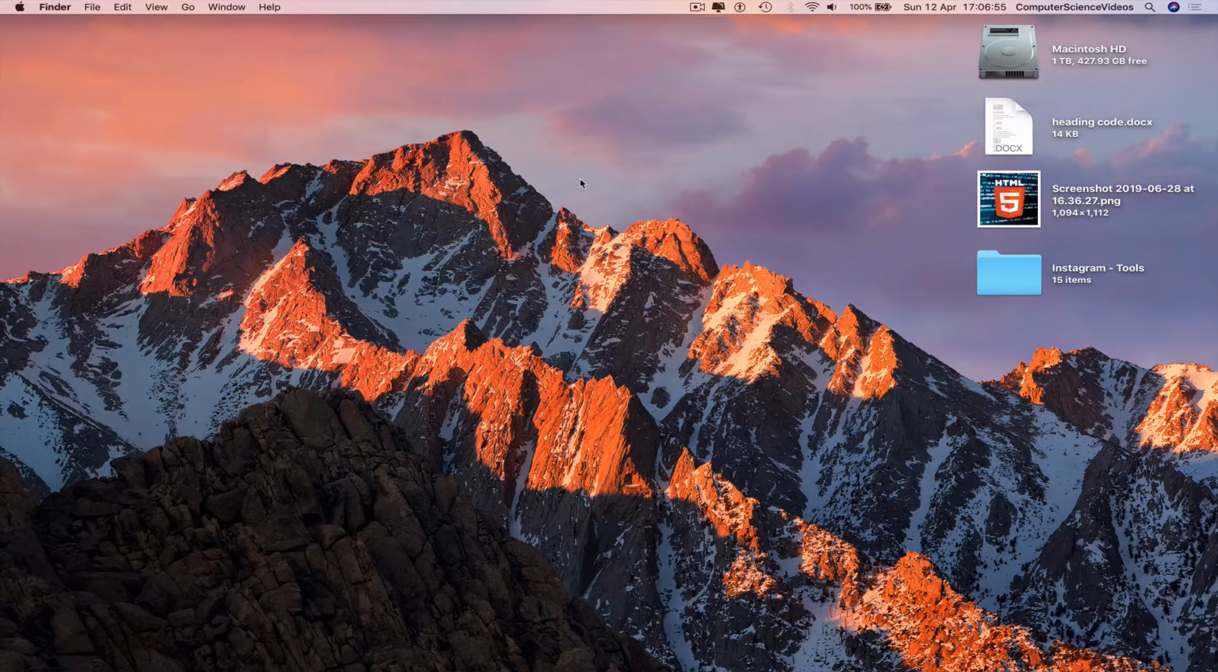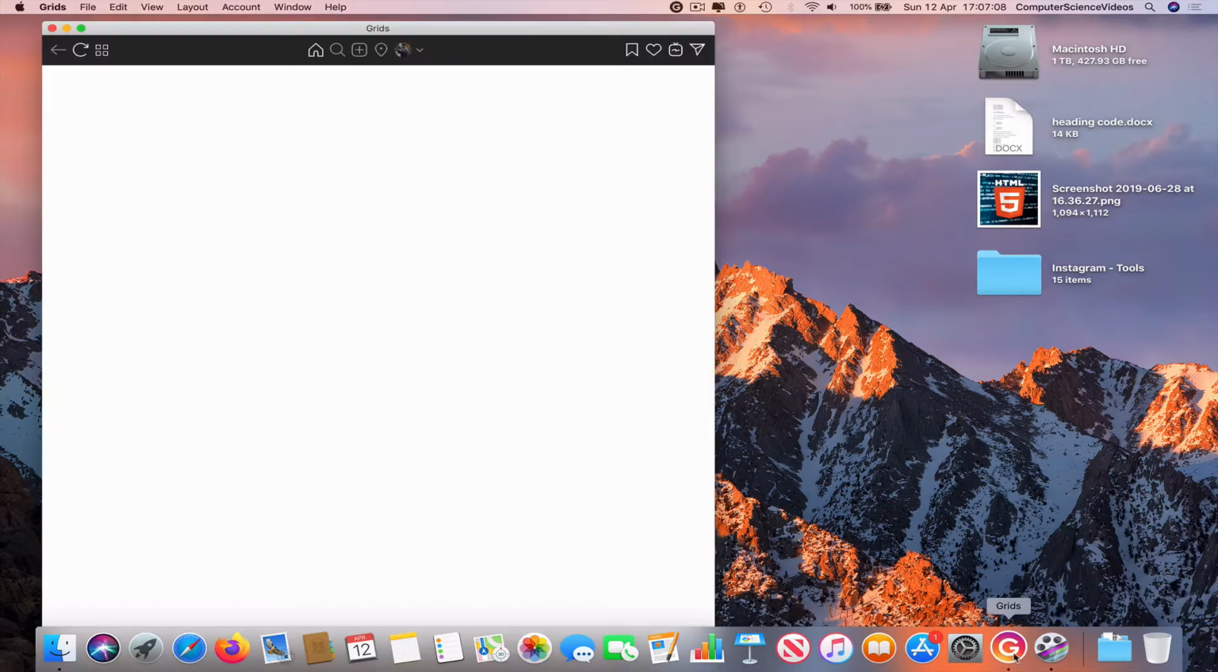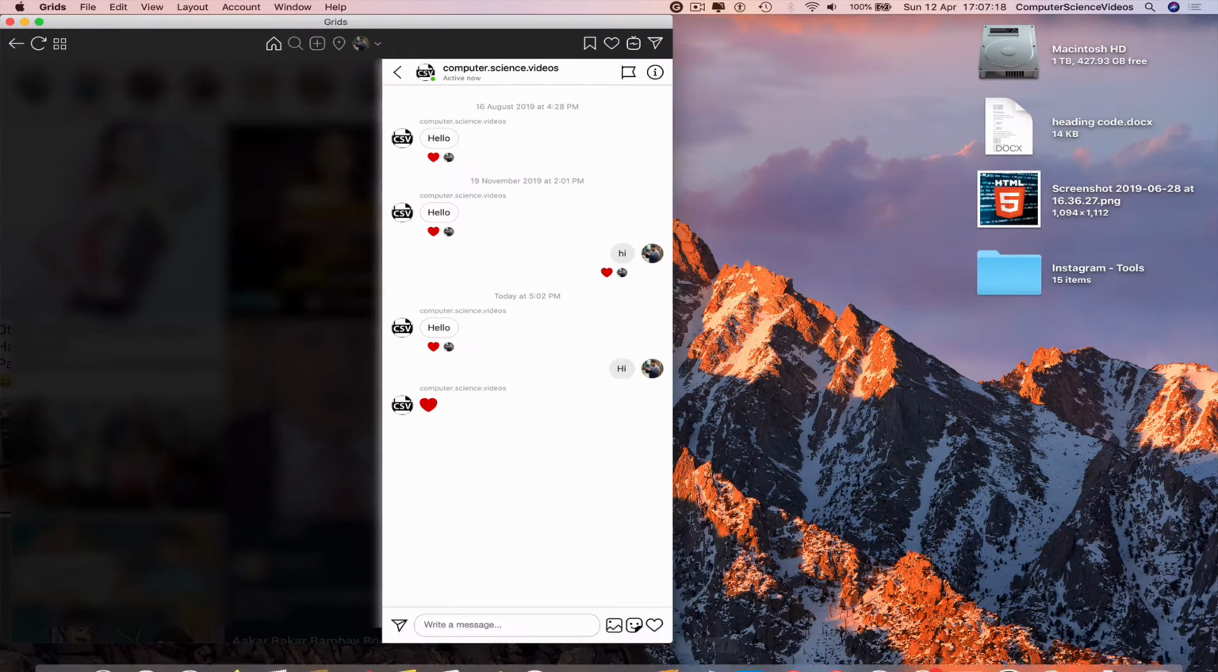So in this tutorial, you need to have access to a Mac computer, an Instagram account, the application called Grids for Instagram, and access to a web browser. So you can now go all the way down to the dock, go to the application called Grids for Instagram. Make sure you're signed into the account and then go to your profile, go to DMs, go to the dock